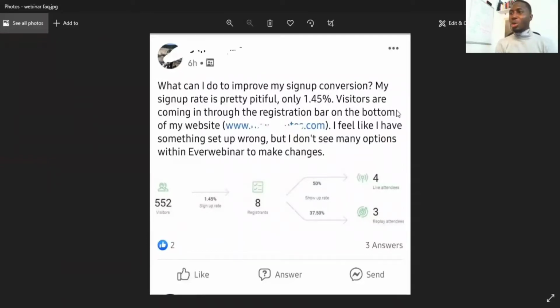So when you are getting a 1.5% conversion rate, which is what this person is complaining that they are getting for their webinar registration, what do you do? How can you fix your registration rate? How can you increase your registration rates? So I'm going to quickly go to the exact page right now,